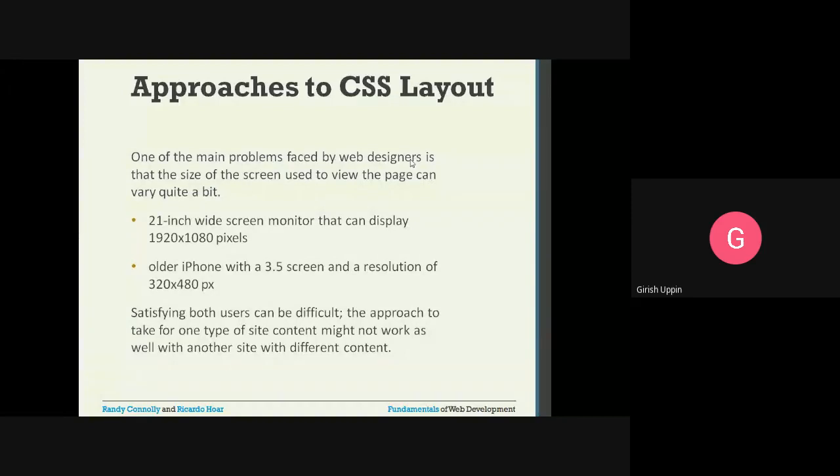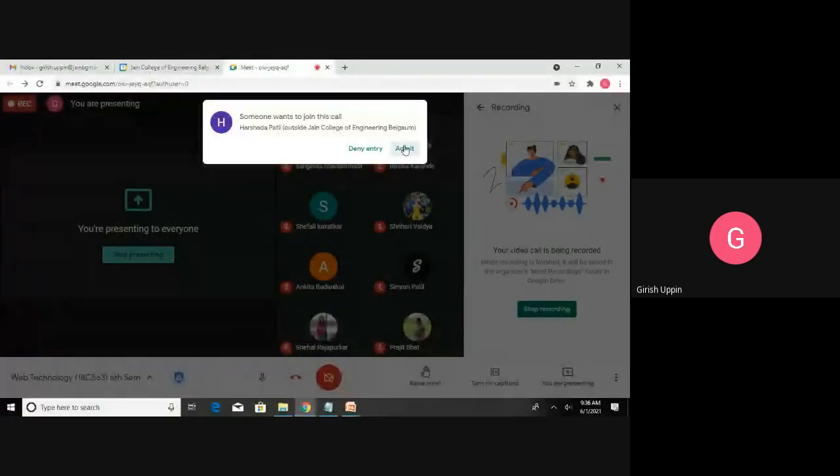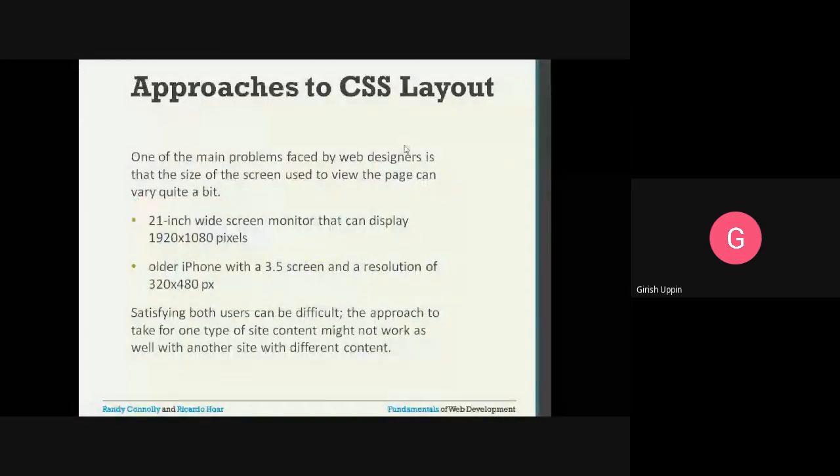As you know, every screen is different. Wherever you want to display your web application, whether it is a mobile device, a tablet, a laptop, or a desktop, all the screen sizes would be different. The change in screen size is a big challenge for developing a web application.